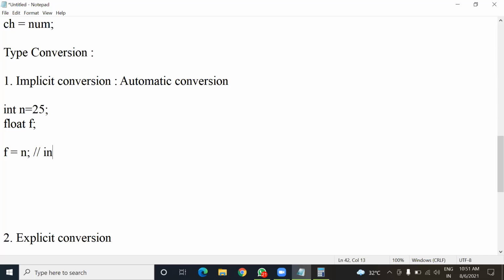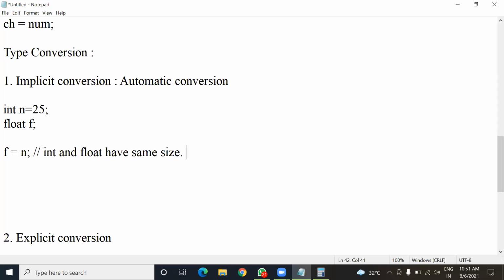So int and float both have the same size. Now, if these two data types have the same size, then we see which data type supports more precise value.